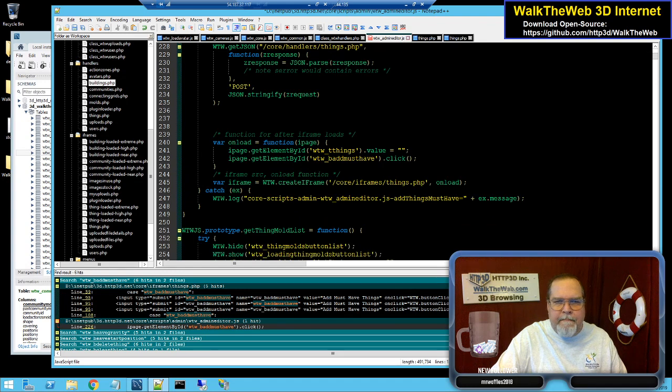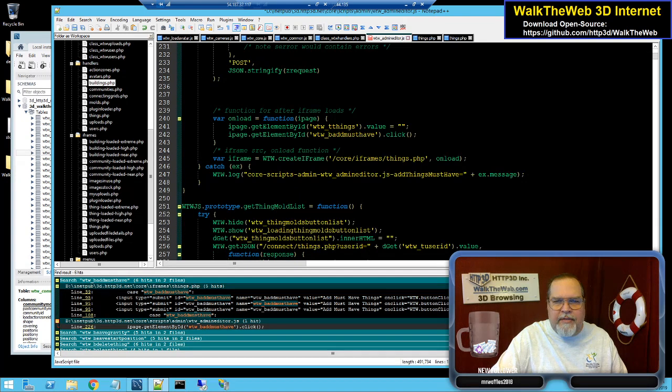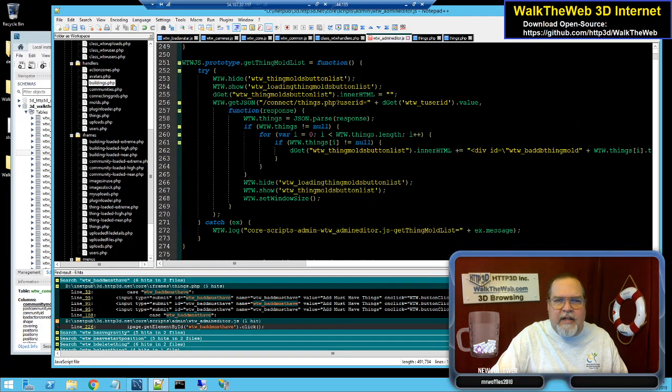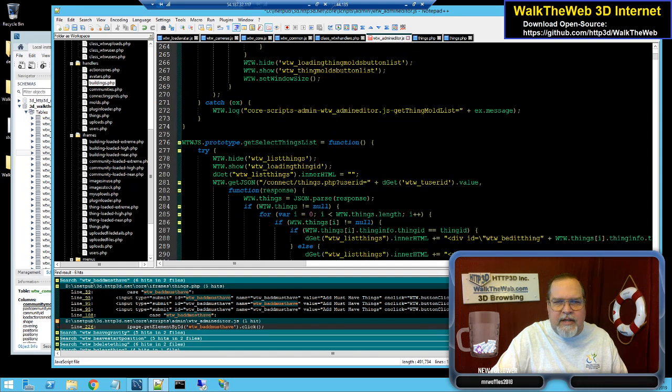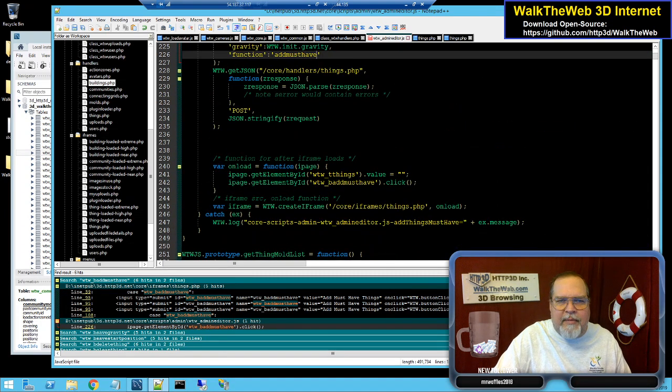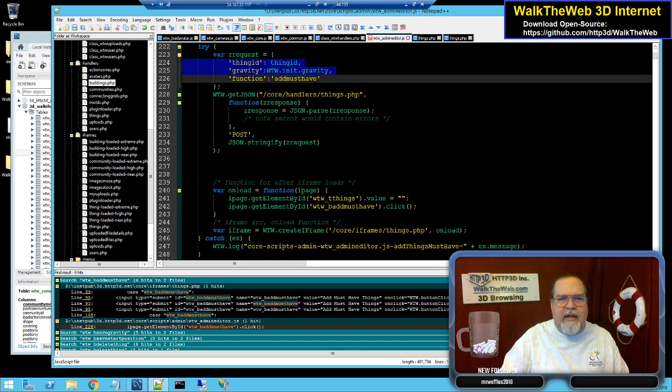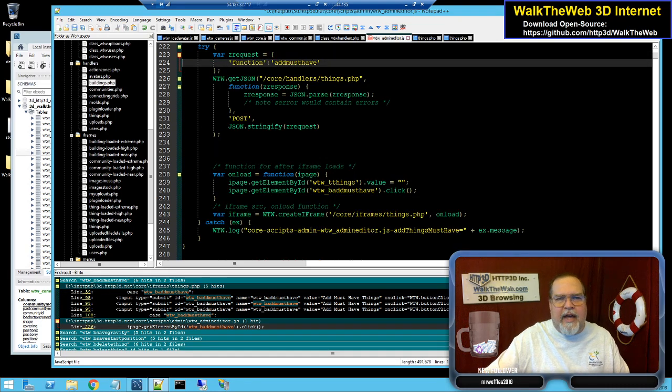And am I doing anything on the callback? That's probably what it's going to be. It's probably bringing, that's the button list, select things, okay. I'm going to check the callback, but this will be just add must have. That's the only thing it's going to bring. It's going to fire off that, and from there,